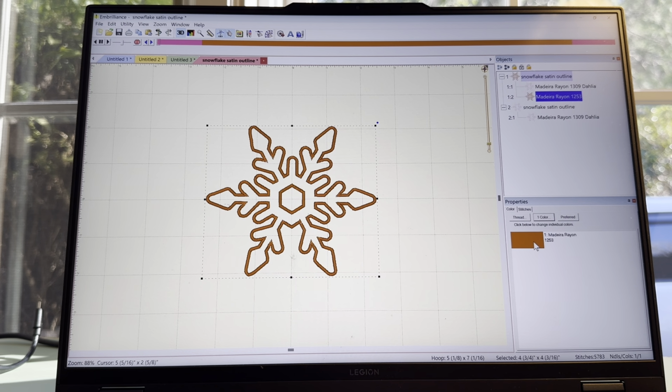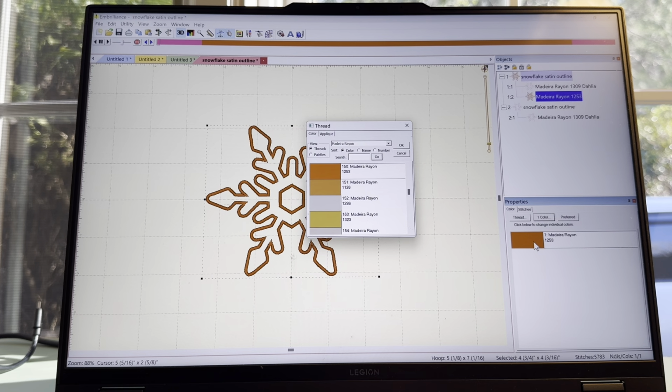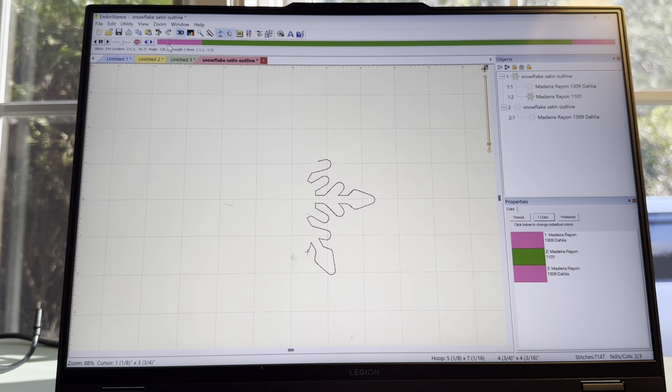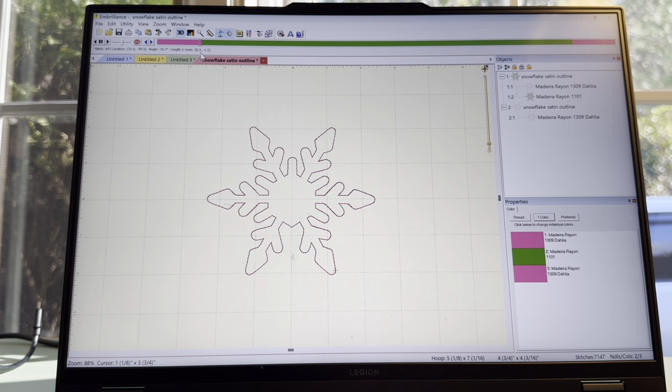I'm going to change the second one to a different color so it stops. Now make it a way different color. Okay, and then this last one can be the same color. Let's watch how this stitches. It's going to stitch your placement stitch, or it would be your tack down stitch. That's what you guys wanted. Well, first it would be the placement stitch. You know where you need to have your fabric. Then it's going to do